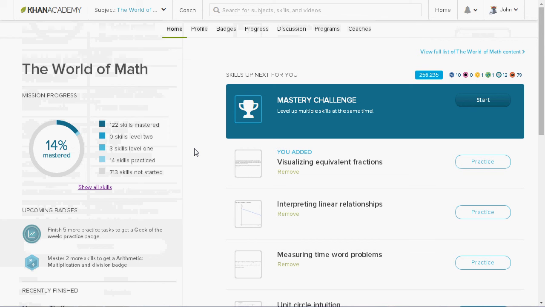Achieve mastery in 3 skills, you've got to do that before you do the one before. I think this is the meteorite badges. All of these are pretty easy to get if you just practice and practice and practice, and do maybe an hour or 2 a day. Moving up, you've got the moon badges, which are a little bit harder. Hard at work is mastery in 25 unique skills. Now that is quite an achievement.